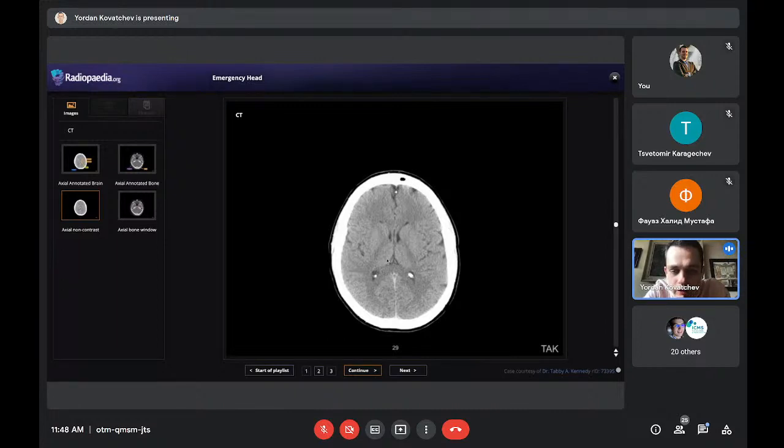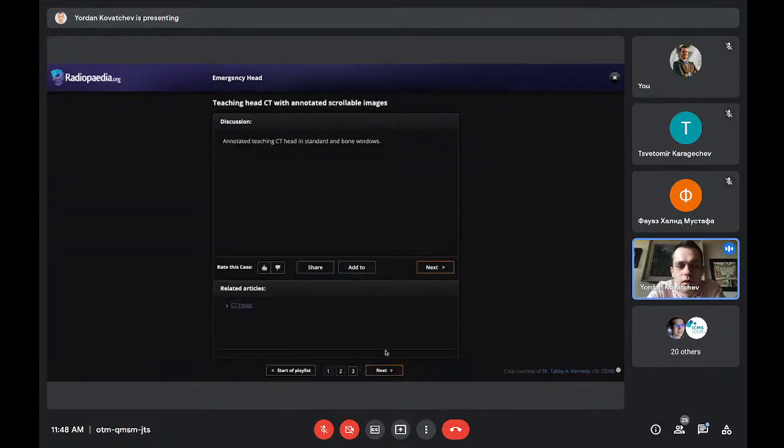Again, the caudate nucleus, thalamus, lentiform nucleus, and here is a really important strip of gray matter. It's called the insular ribbon. It's gray matter, and below it is the external capsule, which is white matter. So we should be able to see a differentiation here, gray-white matter differentiation. Okay, enough with the anatomy. Let's go to the cases.